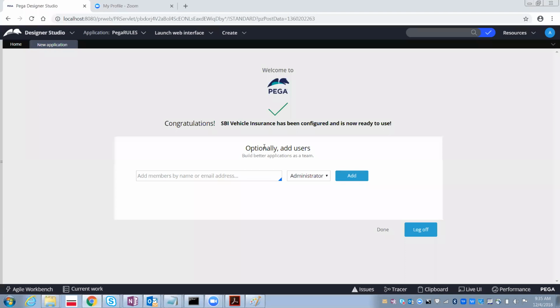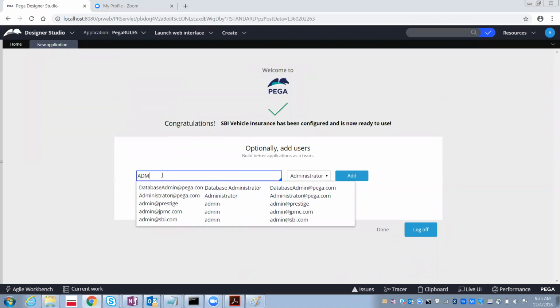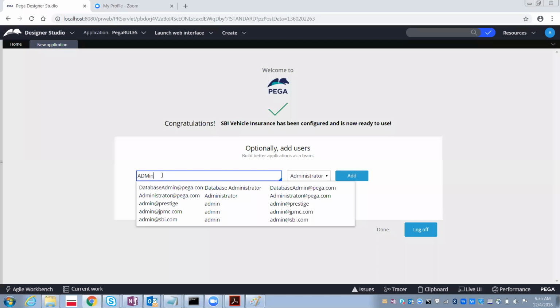Yeah, it's created. And again, the operator who should have access to this application. So let's give the same operator ID which we created, admin@sbi.com.